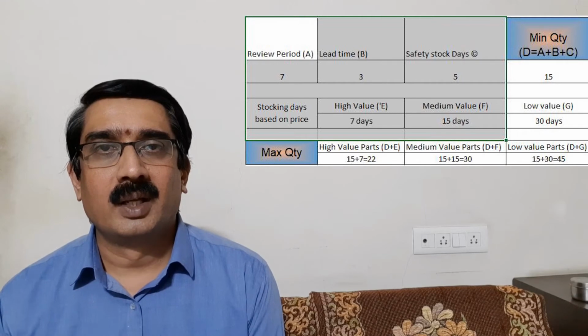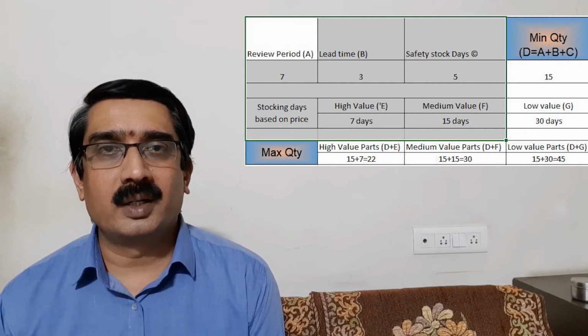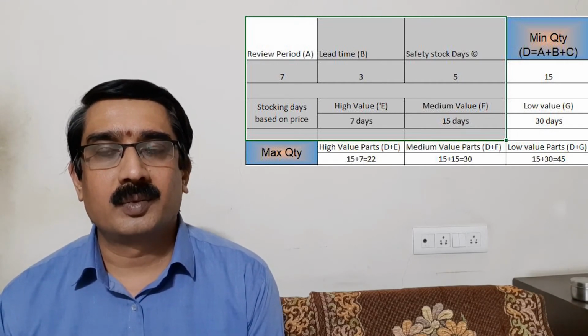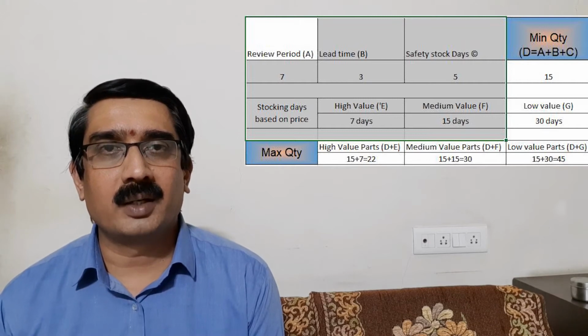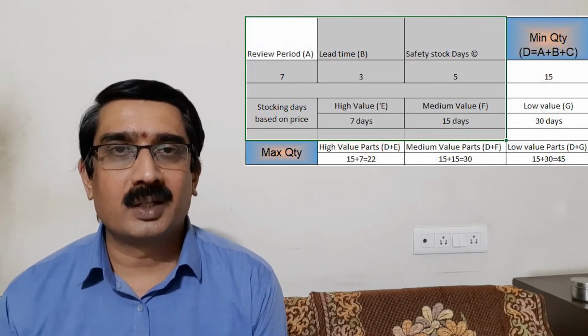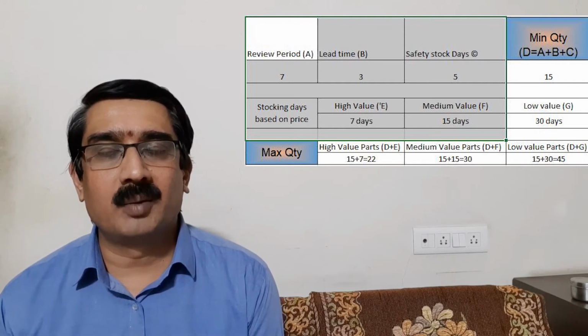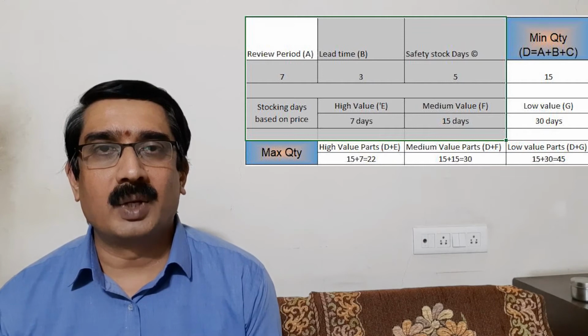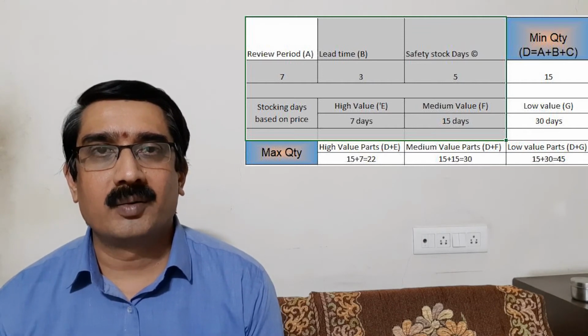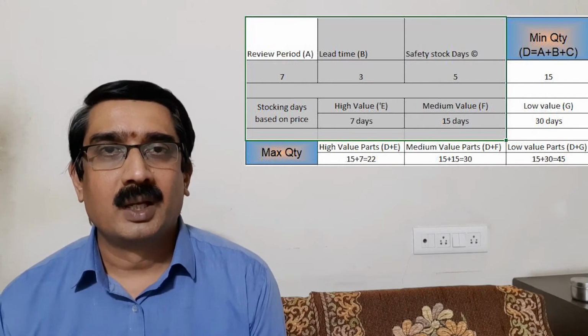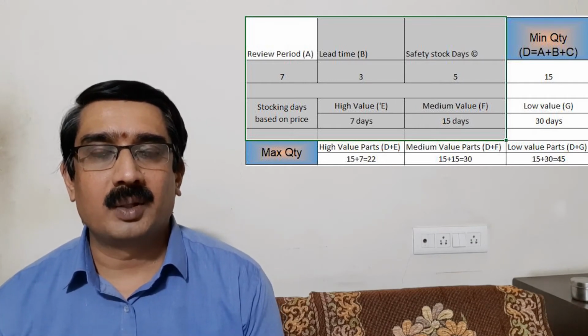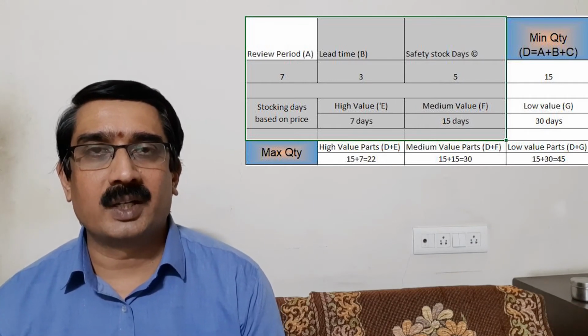How do we do that? Instead of ordering the high value item for a complete month and blocking the fund as well as warehouse space, we can break it into weekly consumption and place an order. This will help us to optimize the resources. So instead of blocking the entire fund by placing an order for 1 month, I will place an order for the parts which are required for the next 1 week.